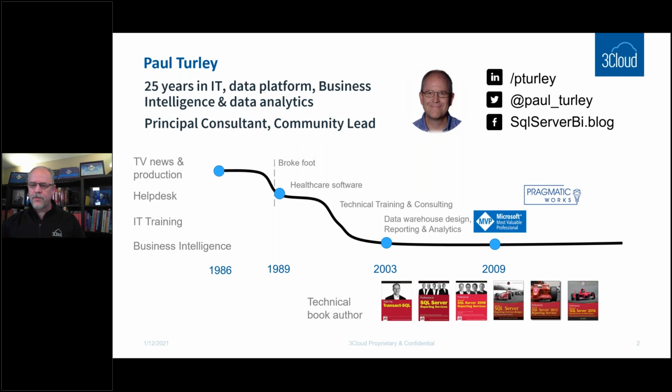And last year, Pragmatic Works merged with and was acquired by 3Cloud Solutions. And same people, same stuff, we're doing the same thing. We're just a larger team. You'll notice that I left the year of that acquisition out there. I think we've all decided that last year is like the 13th floor of an elevator. We just won't mention it. Maybe it just won't be top of mind. But here we are in 2021, and just rocking it.